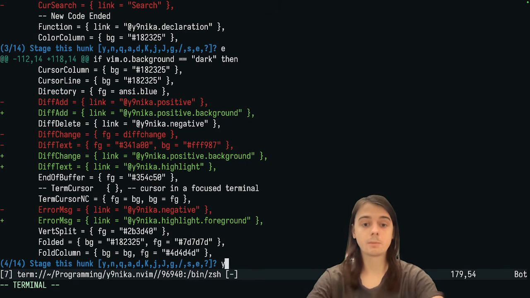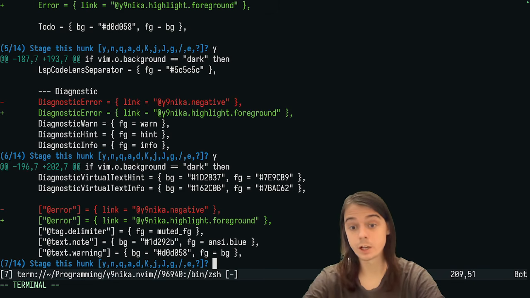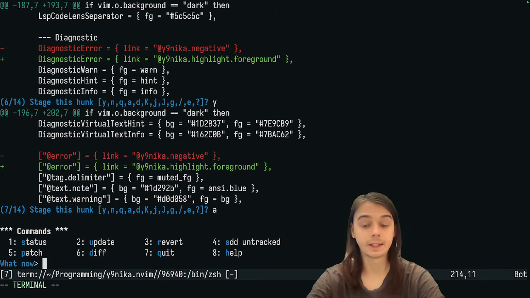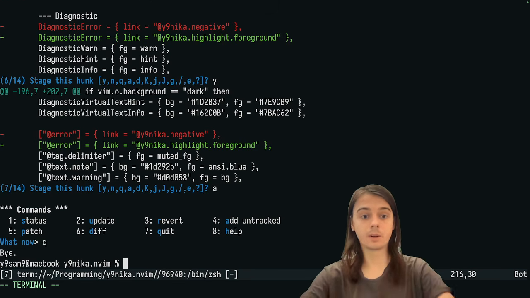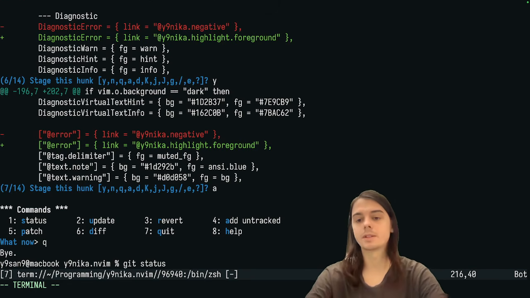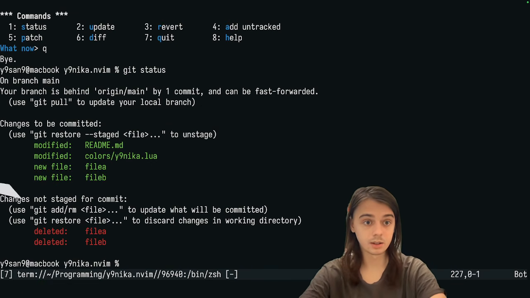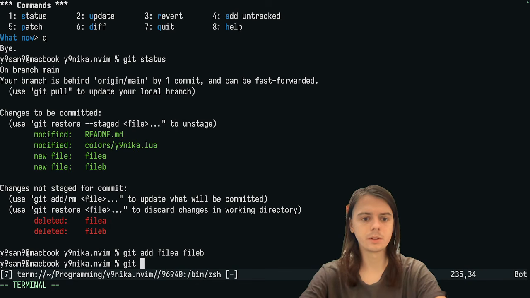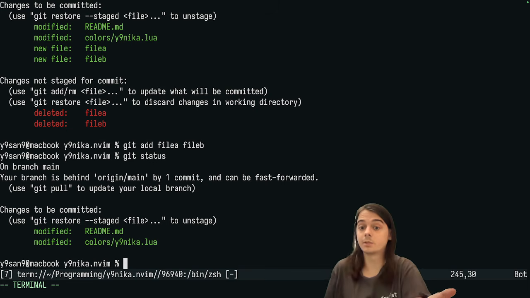Then okay, I'm going to stage everything else, and actually there is a command to stage everything else, but if I'm not mistaken it's a. Yeah, I wasn't mistaken. So now we have this thing staged, and we can write git status. Also, I would like to add file A and file B to be removed, right? So yeah, now we have only this README and colors Y9 Nika, and we already know what happened in